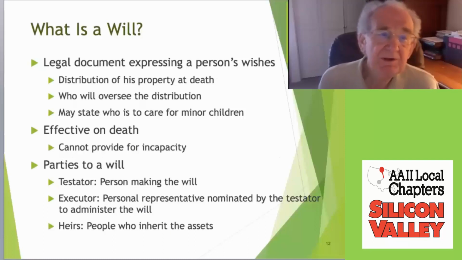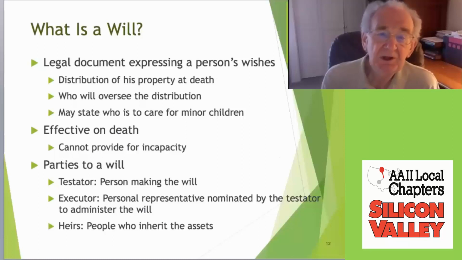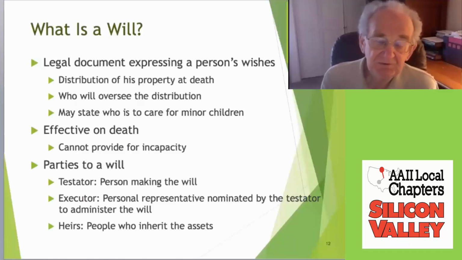So now we're going to look very quickly at what a will consists of. A will is a legal document expressing a person's wishes regarding the distribution of his property and nominating an executor to oversee that distribution. And it may, in some cases, state who is to be guardian of the minor children, who's going to take care of any minor children if there's nobody else available. It's effective on death,